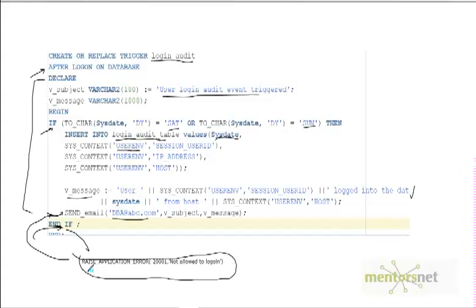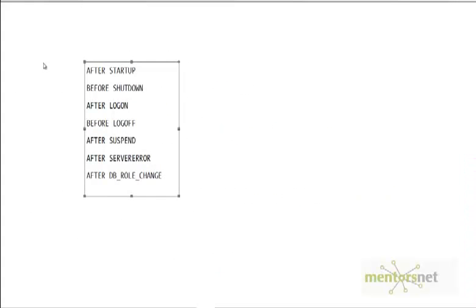So this is called a system trigger, because the triggering point is a system event. Similarly, there are different types of system events after which we can fire a trigger. In this example, what I showed you was after logon. You can also fire triggers after startup, before shutdown, and these are the events on which you can also trigger your